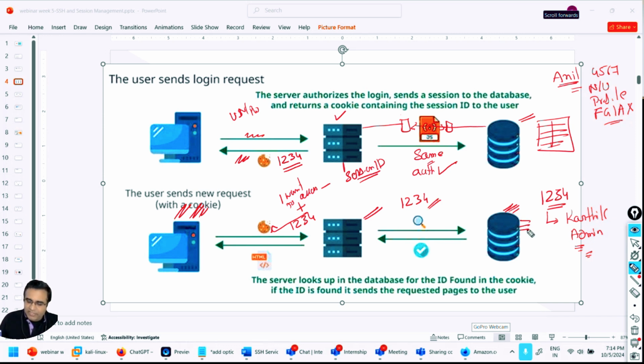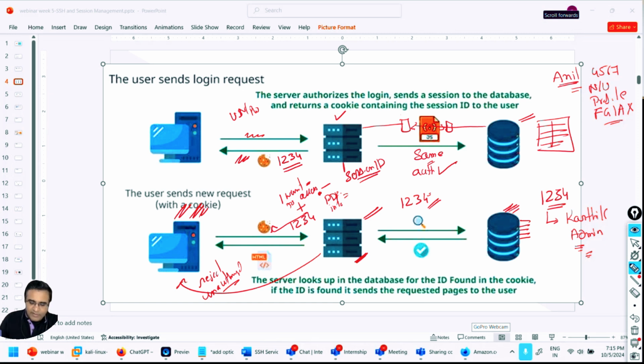It is cross-checking here what the session ID is, whether it's a valid session ID, and which user it belongs to. Remember, the request was asking for a particular resource. It could be a PDF file or some kind of information. The server is going to check whether this token has permission to access this information or not. If it does not have access, it will send back a reject or unauthorized